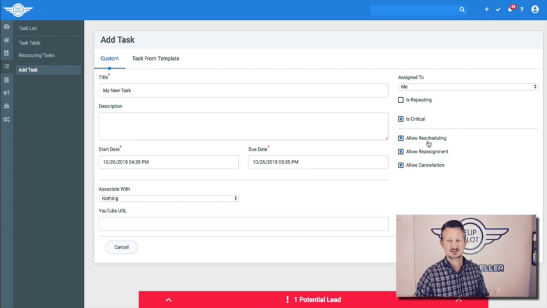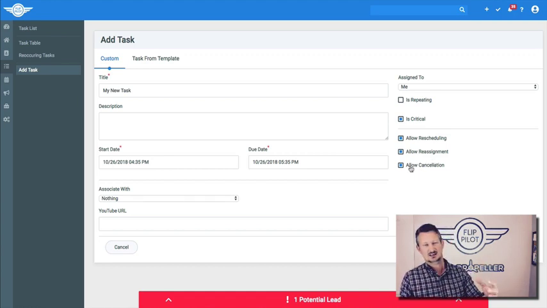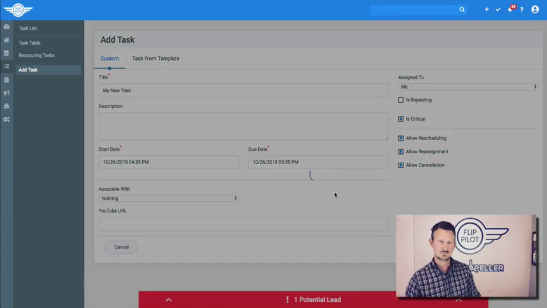If you're assigning this task to other people on your team, you can specify whether they can reschedule, reassign, or cancel that task. When you're assigning that task, you want to make sure that maybe it doesn't get canceled. You can allow or not allow canceling of that task so that you make sure it gets done. So I can go ahead and create this task, and then that's going to show up in